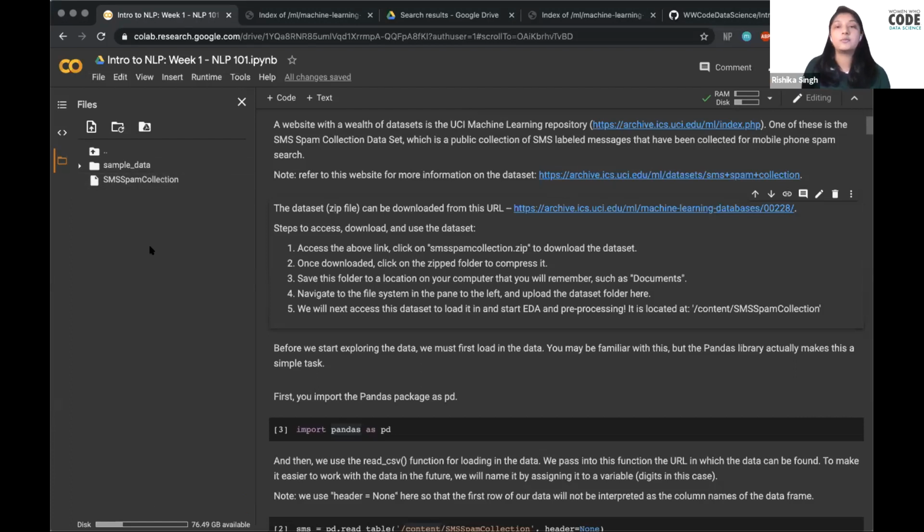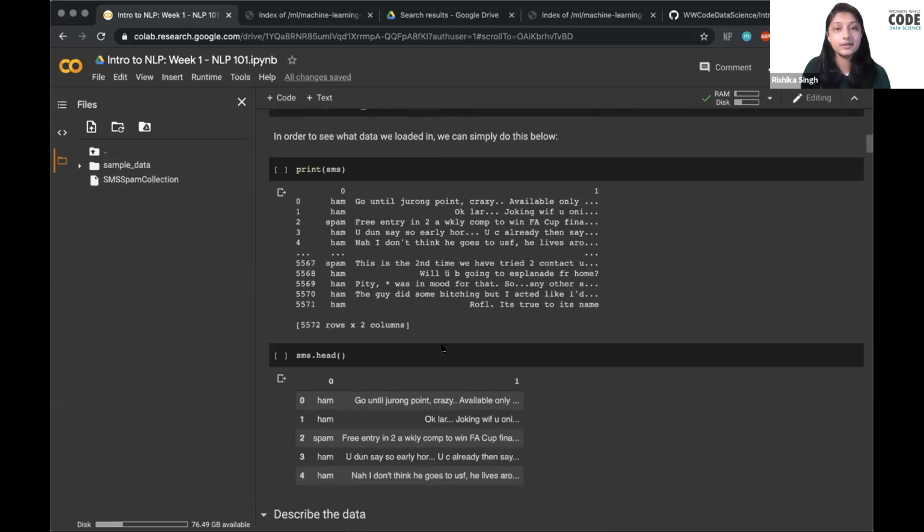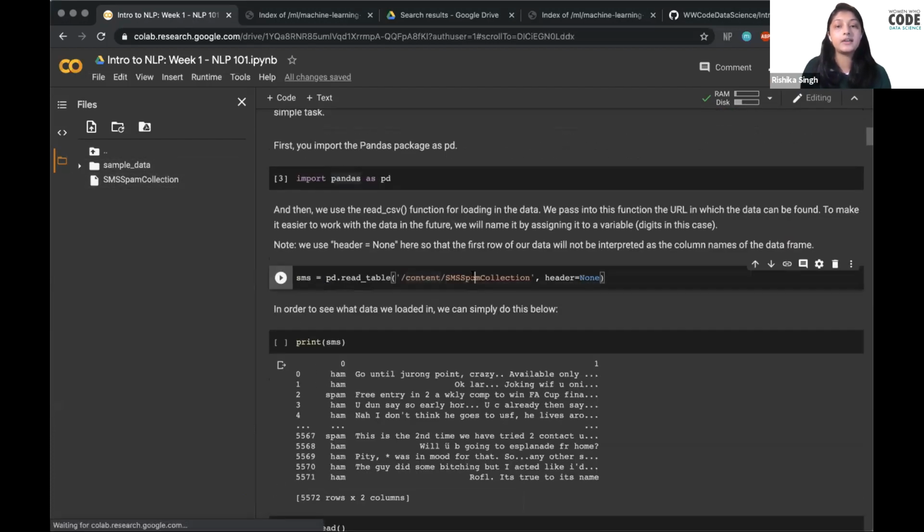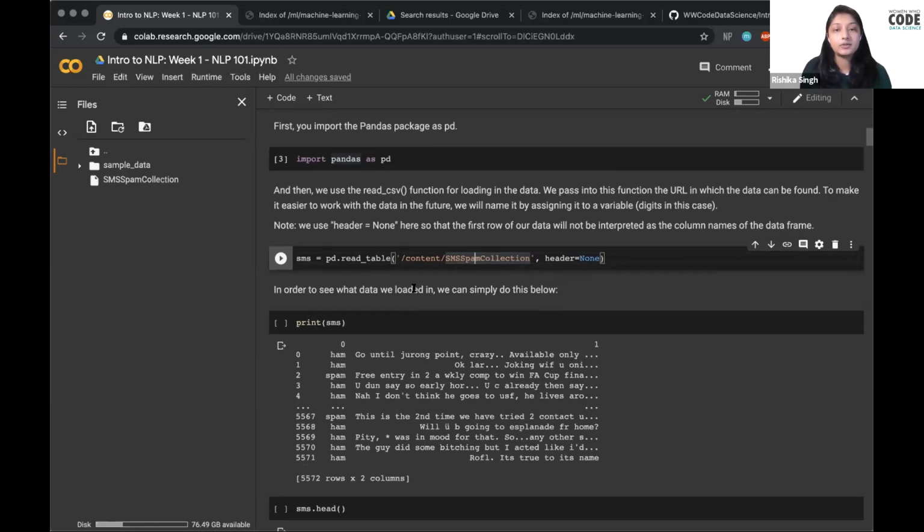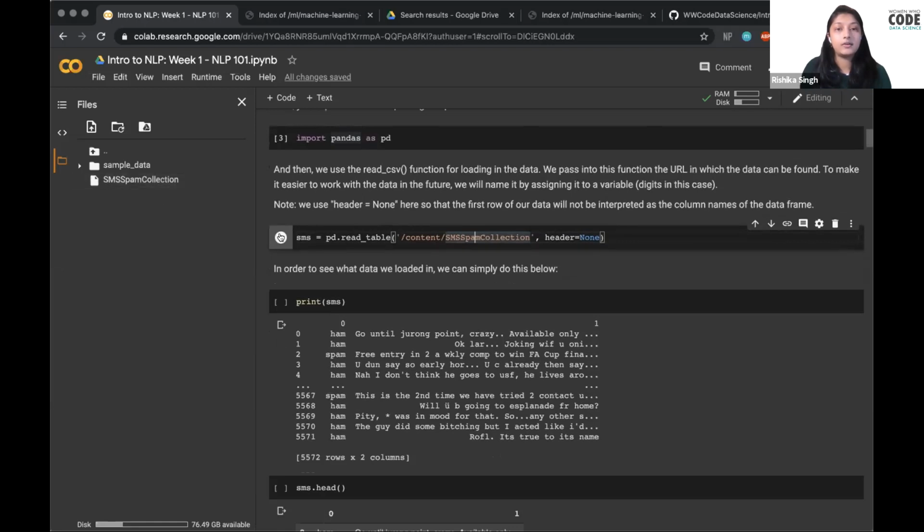Now hopefully everyone should be able to upload this file into their system, and that might fix any file not found errors that people might be having. I'm hoping that clears that up. Now that we have that in our file system, we can run this cell. And we actually use this here: